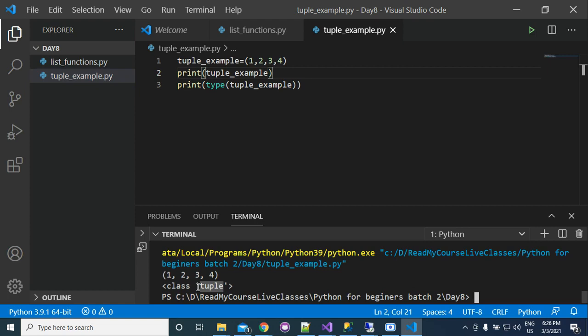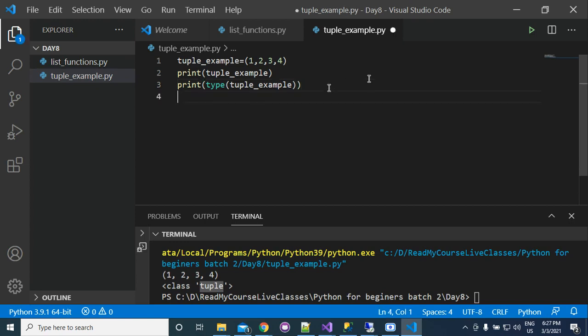It is printing tuple. Okay, so this is all about that.